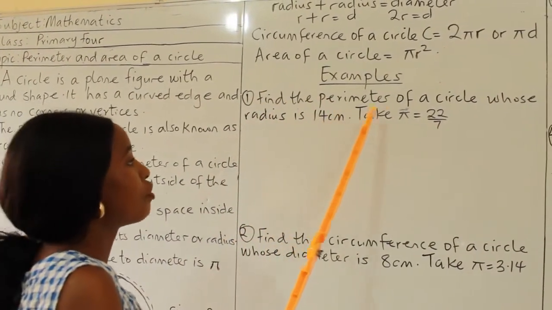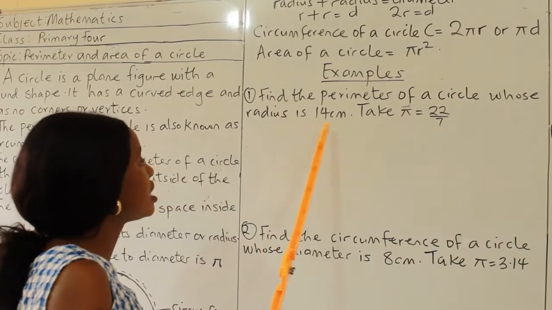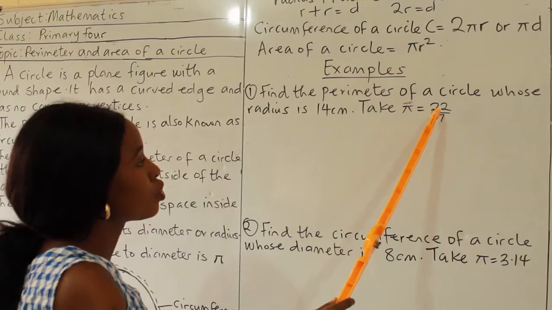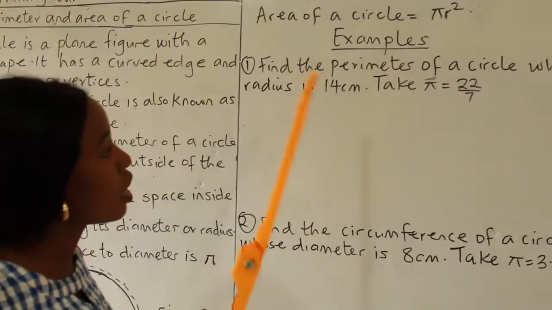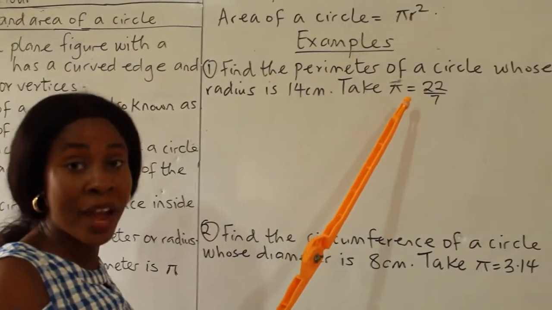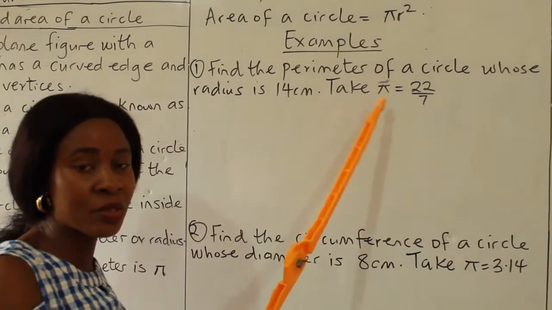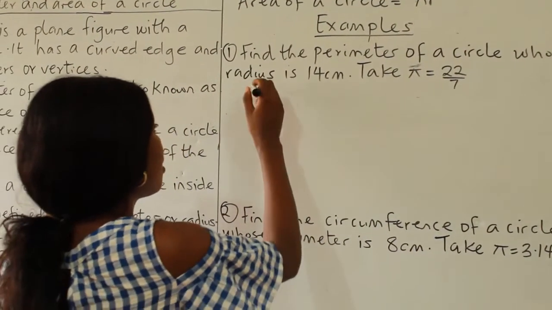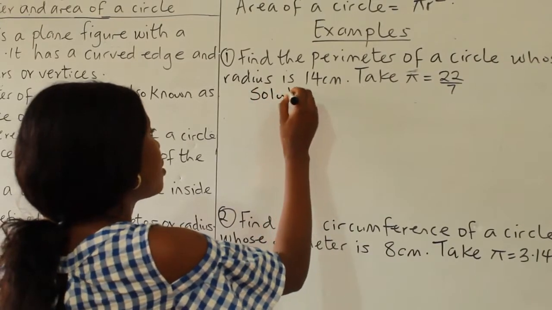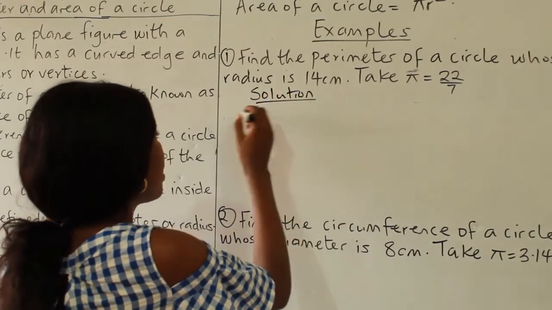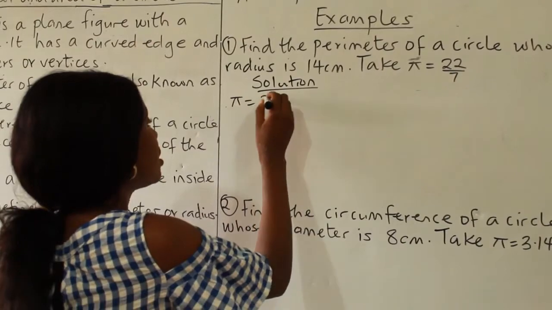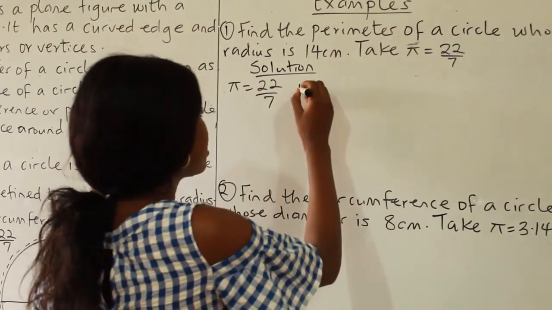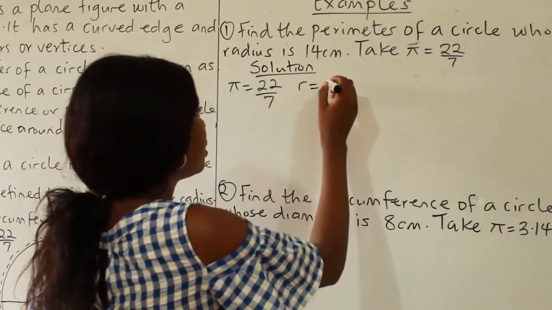Alright, example 1. Find the perimeter of a circle whose radius is 14 centimeter. Take pi equals to 22/7. Here we have been given our pi to be 22/7. That's what we'll be working with. Alright, from the question, we are given our pi to be 22/7, and the radius that was given is